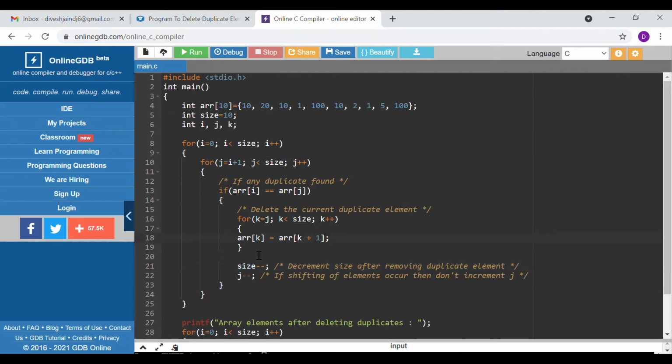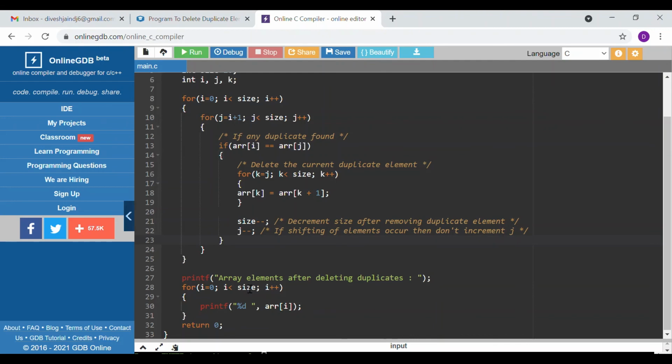Now what we are doing with the j element? Now that 10 is removed, our j should not be incremented, right? j is at 2. If 10 is deleted, now at index 2 the new value is 1, so we need to check that also. For that purpose we are not incrementing j, so we do j minus minus. When it moves to the loop control, j plus plus will negate the j minus minus, so the index will remain the same at 2. For that purpose we are using j minus minus. In this sense we are deleting the element.